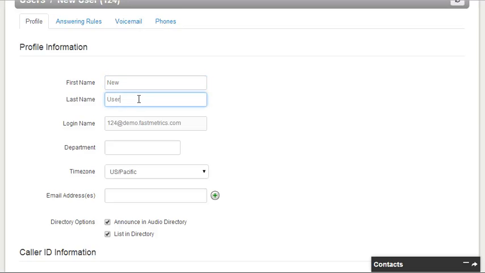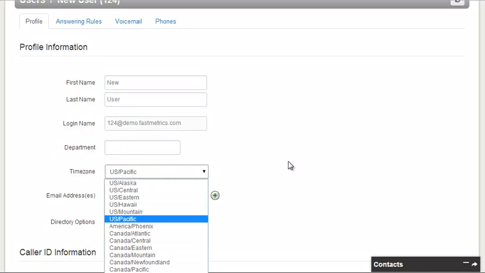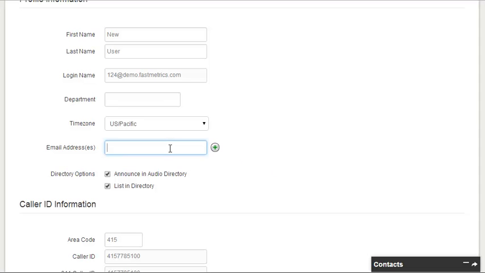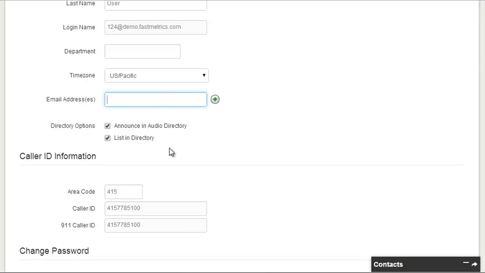So we can update the name here, add them to a department, adjust the time zone, set an email address which is used for voicemail to email, announce them in an audio directory. So if your company has a dial by name directory in an auto attendant, they can be included in this by default. If you don't want them to be reachable through that directory, just unclick that and click Save on